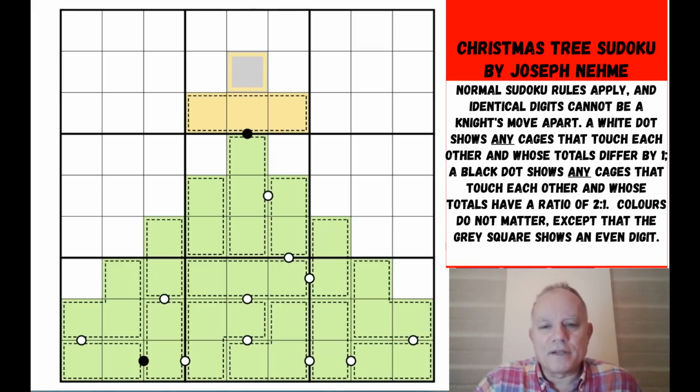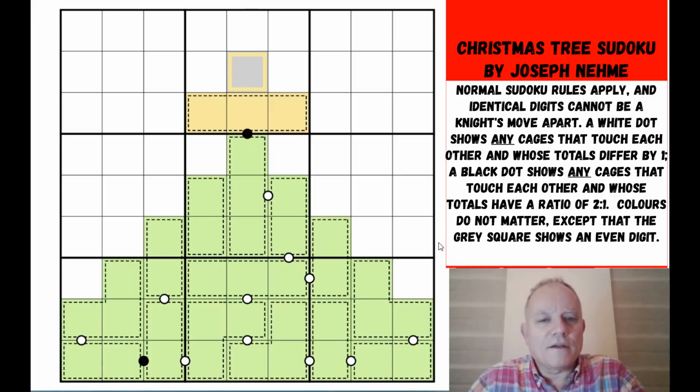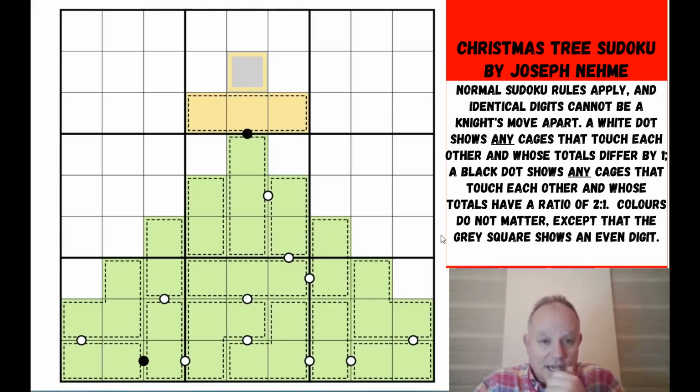I nearly forgot it already. I will forget it in a moment because we don't have any digits in the grid yet, and it can't apply till we have some. So anyway, enough of my failings. Let's see them in action instead, and let's get cracking. And how do we do that here? How do we find...